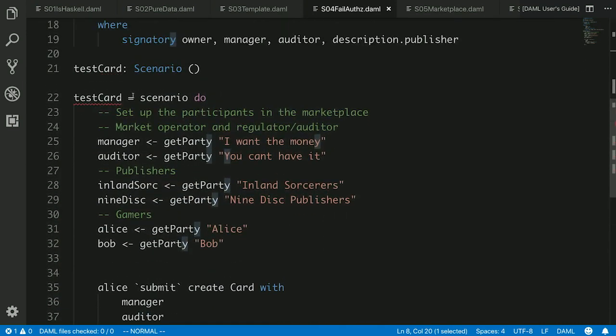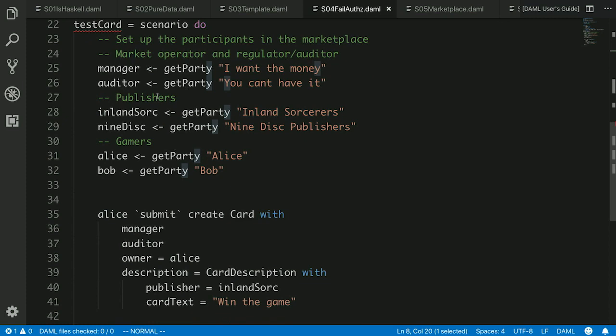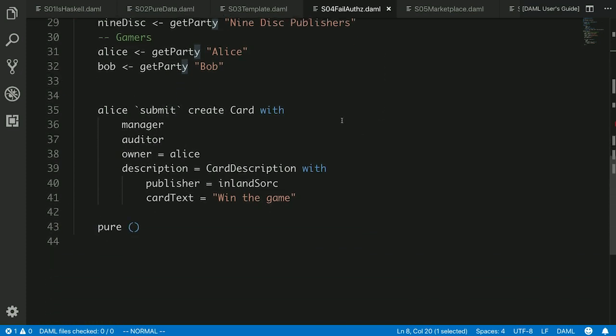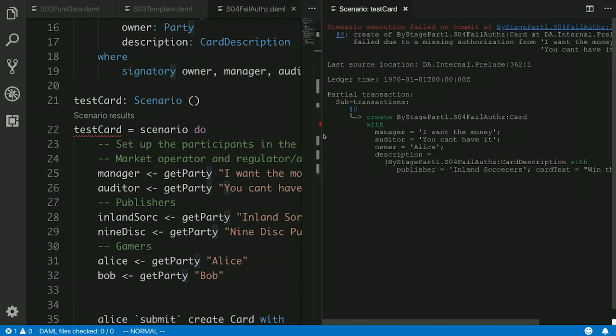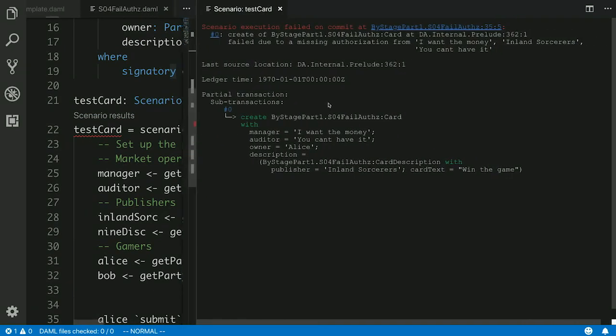So here we have a scenario. We create a handful of parties, and then we attempt to create the card, but Alice does that on her own. The result of that, when we run this, is that we get a scenario execution failure due to missing authorization.